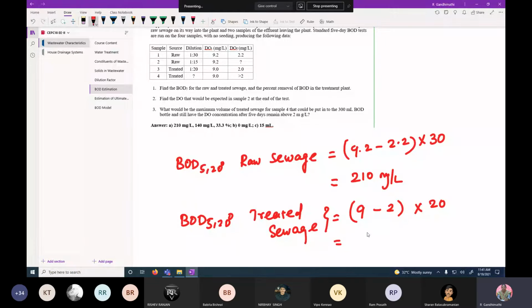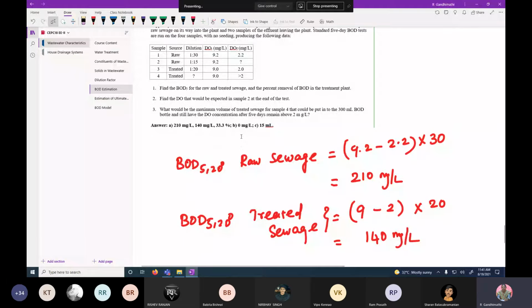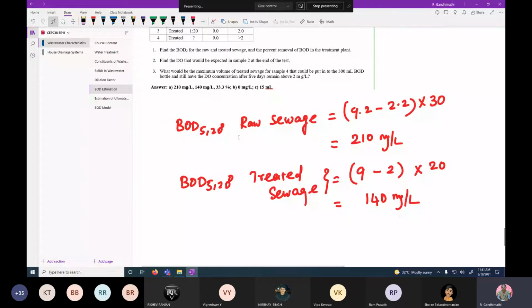Then for the second question, what will be the final DO at the end of the test for the raw sewage? You have to consider BOD 5,20 of raw sewage, that is 210.